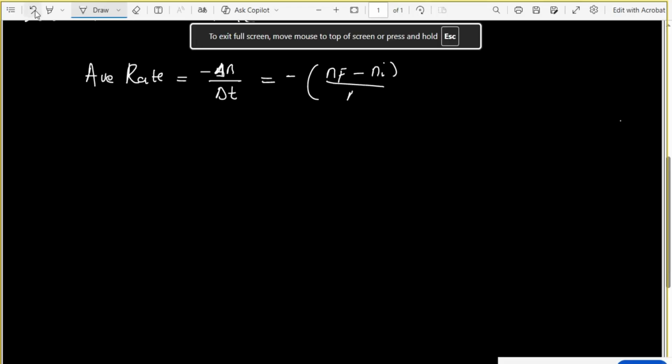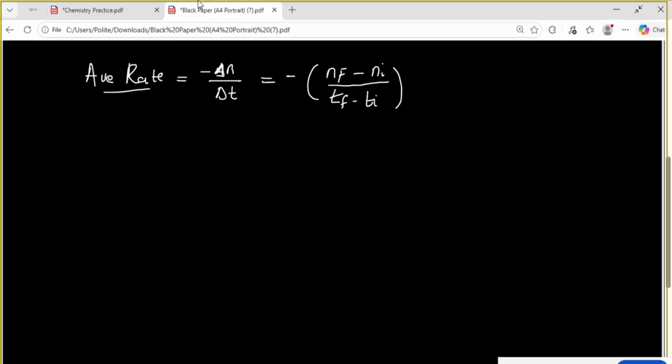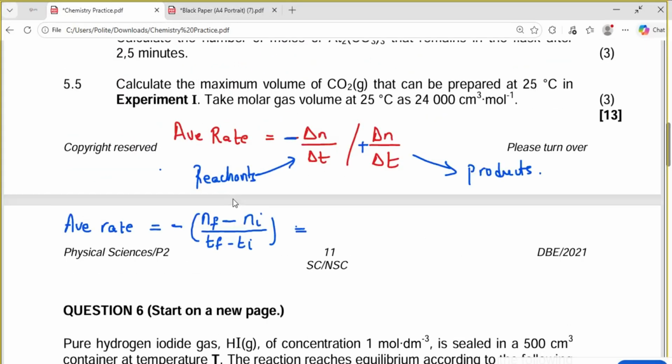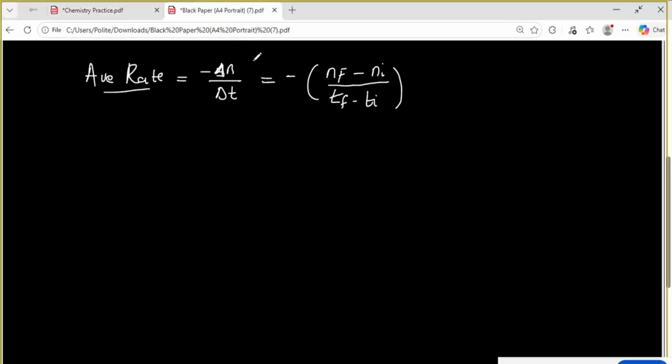Okay, so what I'm trying to do here, guys, is say this is divided by T final minus T initial, right? So when I do the substitution, what is the average rate? If you look at that question paper, it's given as 4.4 times 10 to the power negative 3. So I'm going to substitute this and say 4.4 times 10 to the power minus 3 is equal